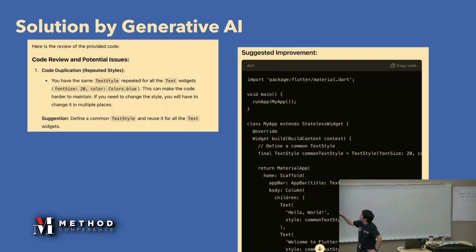You have the same text style repeated for the 3 text widgets, so you need to define a common text style like this. By following this advice, we can modify our source code as we expect. It's the answer by generative AI. Like this, we can ask generative AI for a code review.